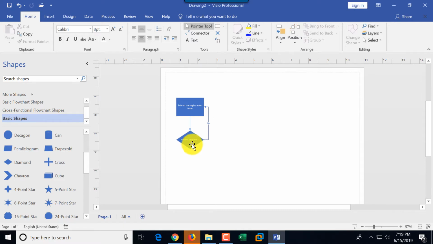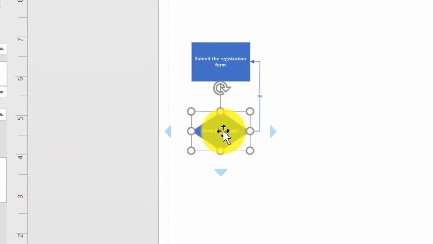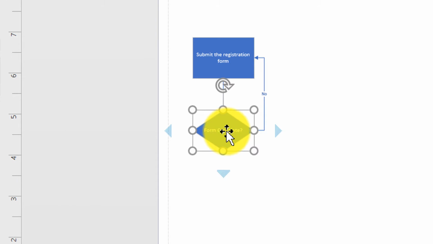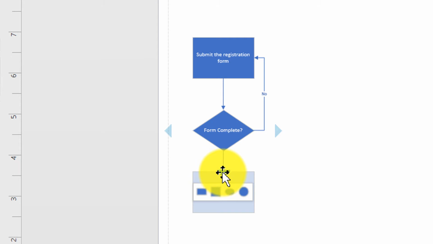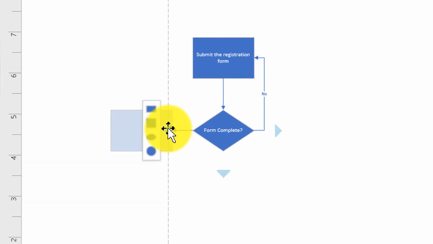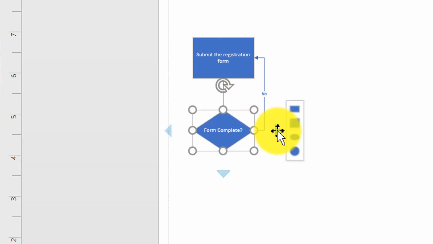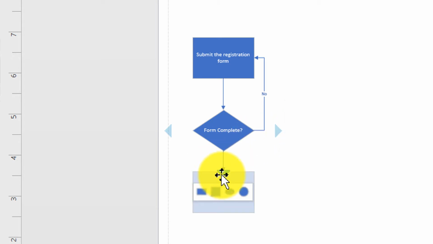To do that, you need to select, for example, diamond, and you know that the next shape would be a rectangle. So what you do, you hover, and you see this light blue hovers available in different directions where you can actually add a shape. And I did not click anything, I just hovered, and you see that I have rectangle, I have square and circles here. So I'm just going to select rectangle,